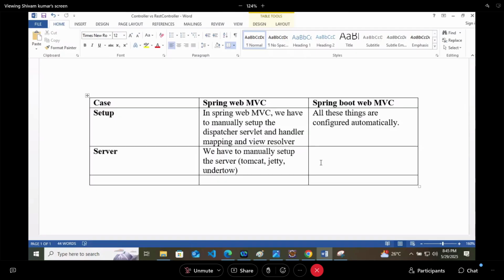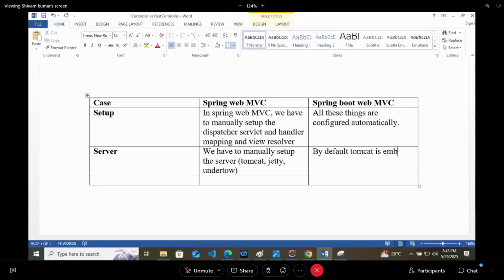Eureka is a client cloud server. We will discuss Netflix Eureka server. Highly used are Tomcat, Jetty, and Undertow. In Spring Boot, by default, Tomcat is embedded.